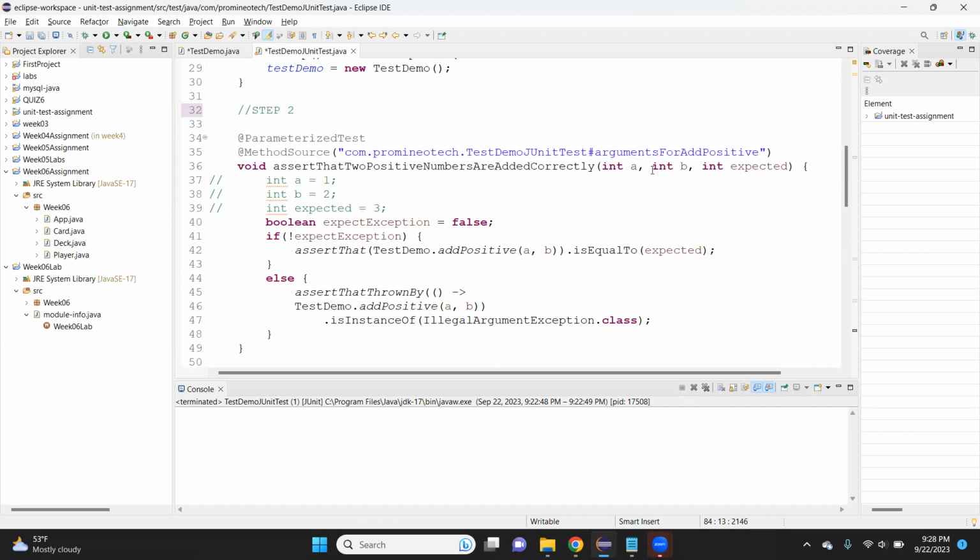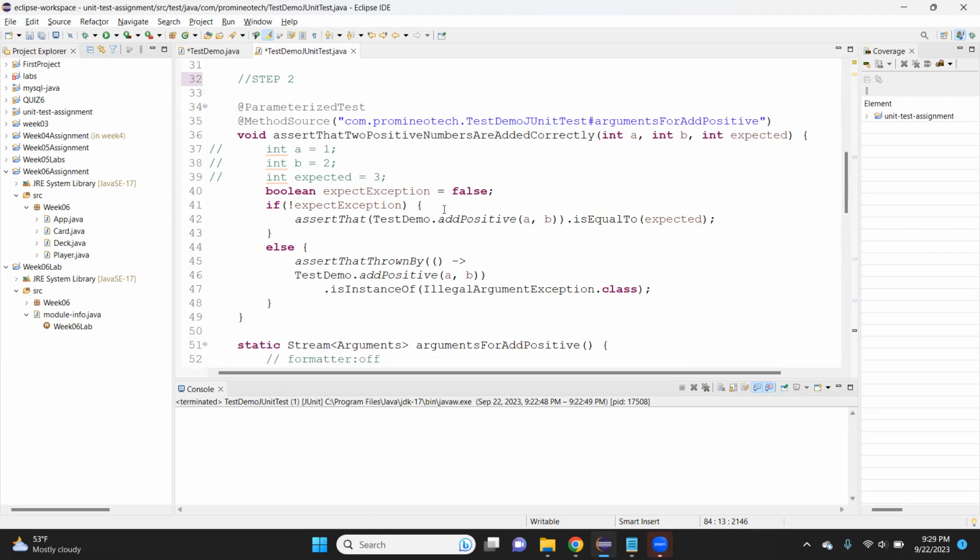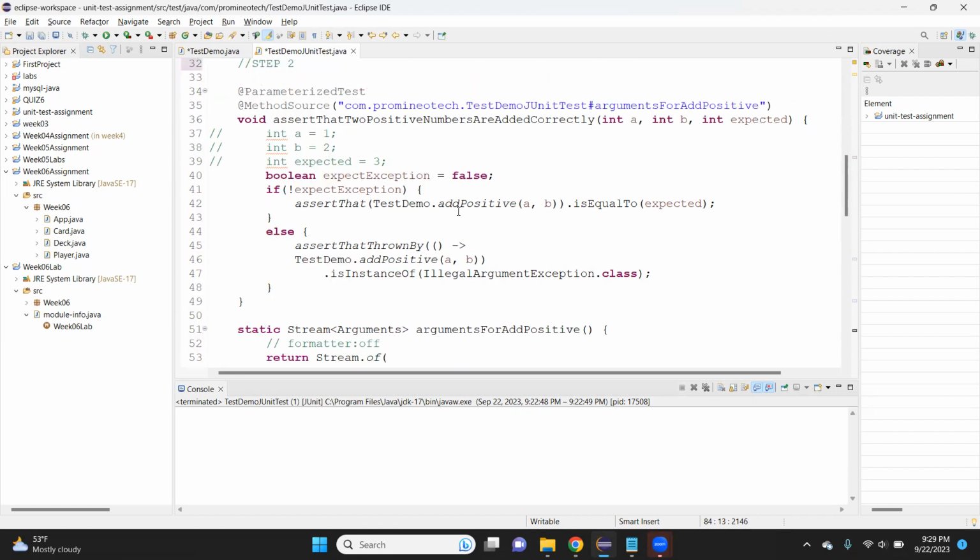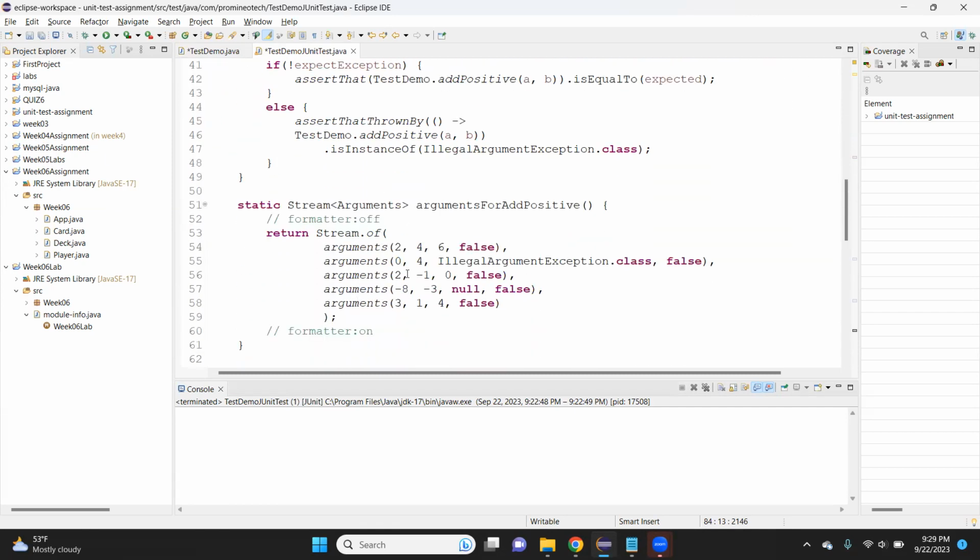Before, in the first step, we used these variables to run the test. It worked, but now we'll pass the three variables through into A and B and expect it, and we'll keep the Boolean on. And up here, we're going to bring in the arguments from the static stream. So as you can see here,